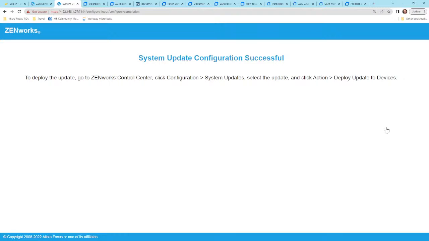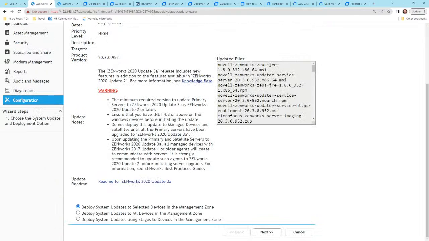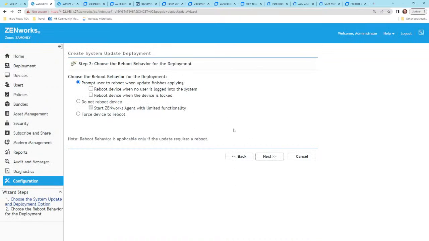All right. To deploy the update, go to ZENworks Control Center, Configuration, System Update, select the update and deploy to update devices. Now we can go back and we probably have to refresh. Ready to deploy now. All right. Now we can deploy to devices. And we're going to do the first primary. Our first primary has the Postgres database on it. So we will